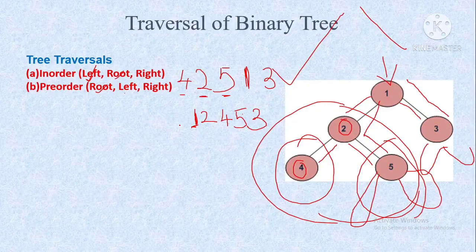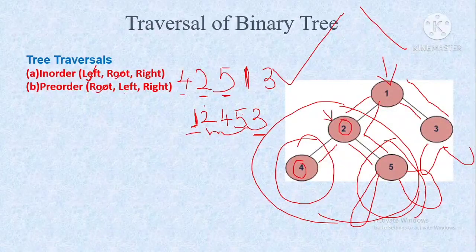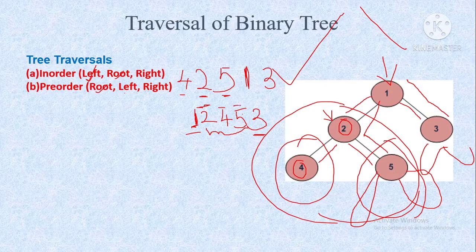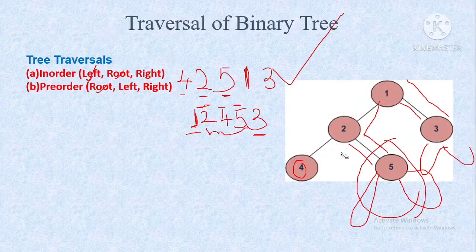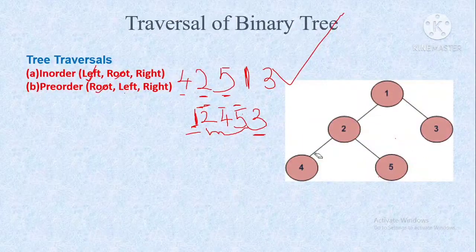We can see that after visiting 1, I have visited all the left nodes and then the right nodes. If you take any node, say 2, the left node is 4 and then the right node. Root comes first, then left and then right. So this is the pre-order traversal for this binary tree. Next we will move on to the next type,